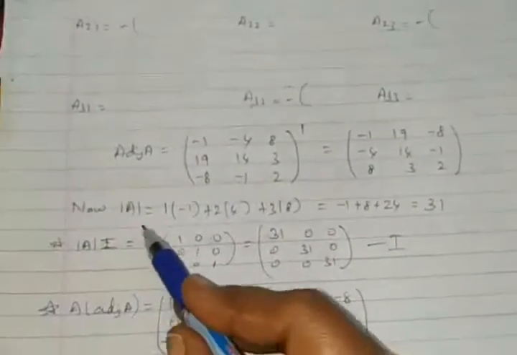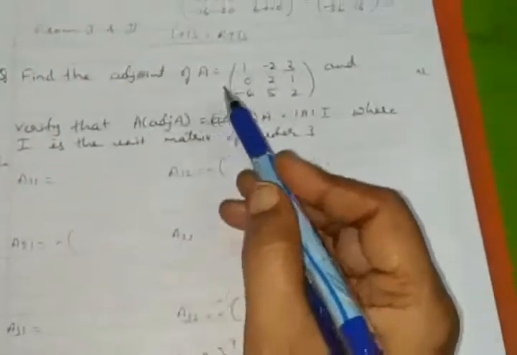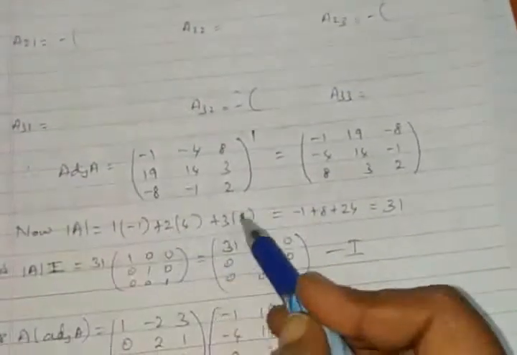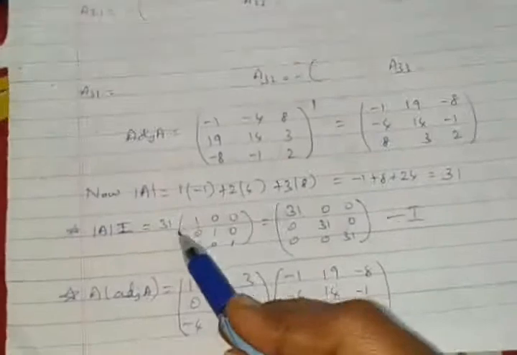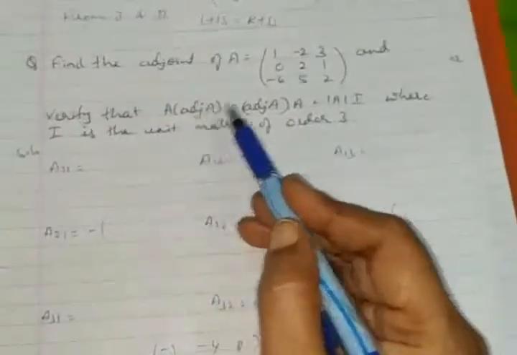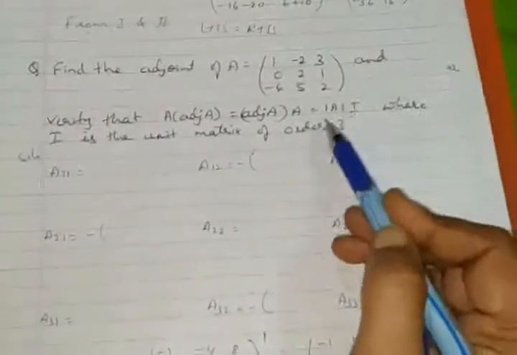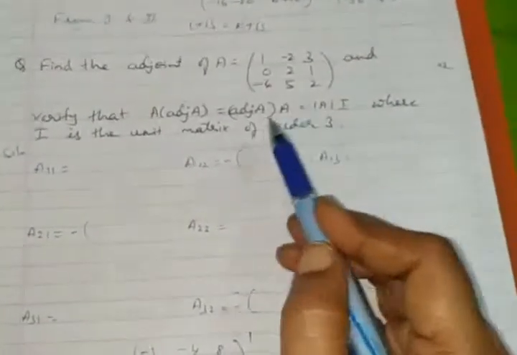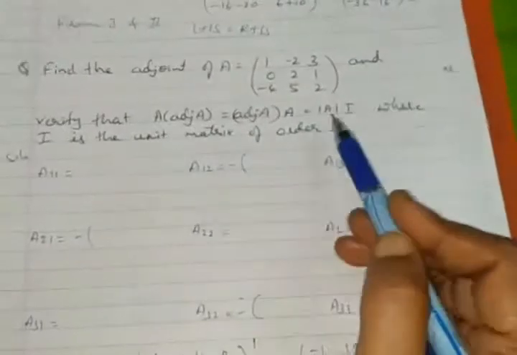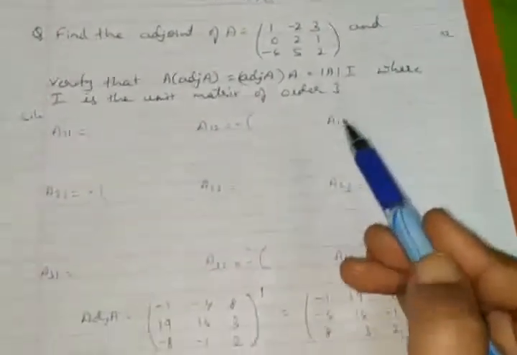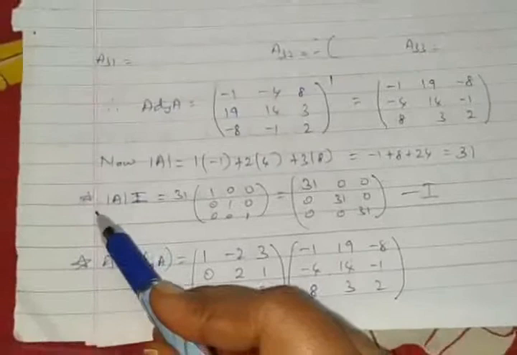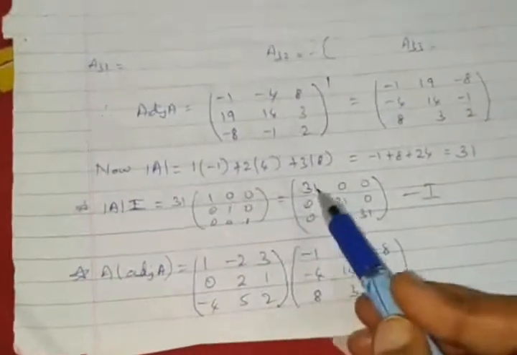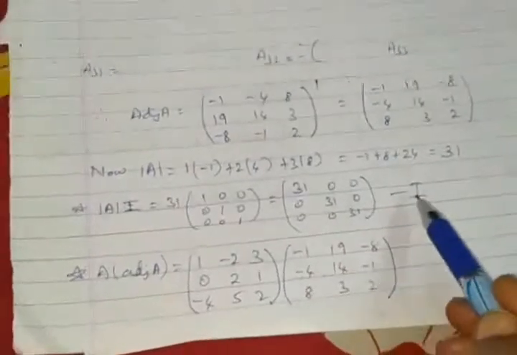So the determinant value, you know how to calculate. Come back with this plus, minus, plus and expand it. First row, you find 31. Out of these three results, please go for this result only first, so that you'll get the answer at the first step itself. You'll not go wrong in simplification of this as well as this. So determinant value into I. Determinant value into I is 31 into the identity matrix, 3100 accordingly, and this is the first result.